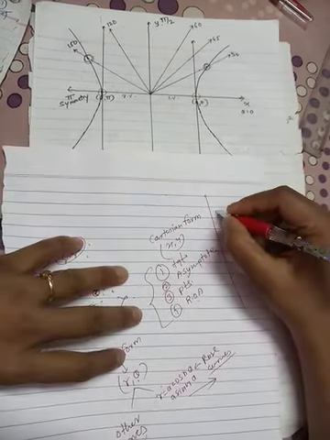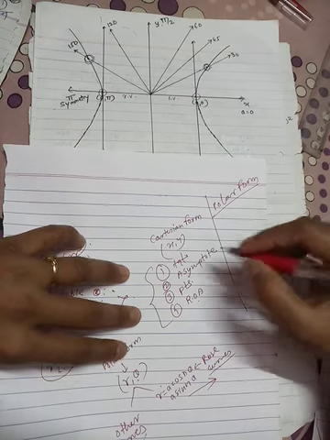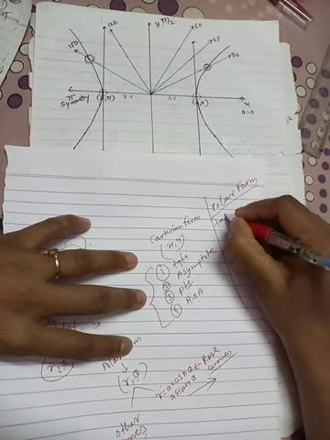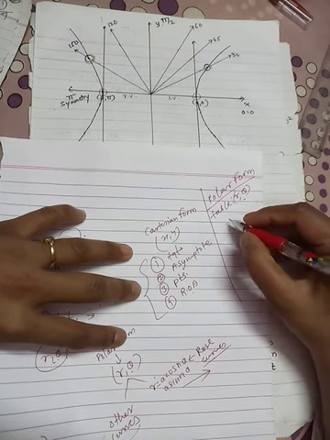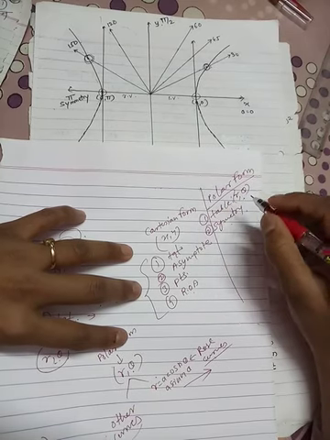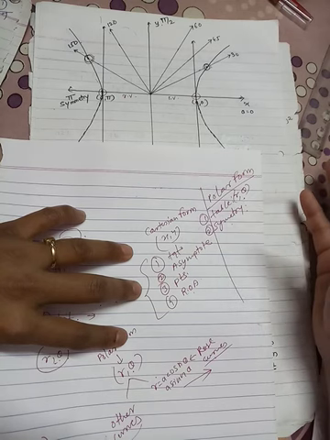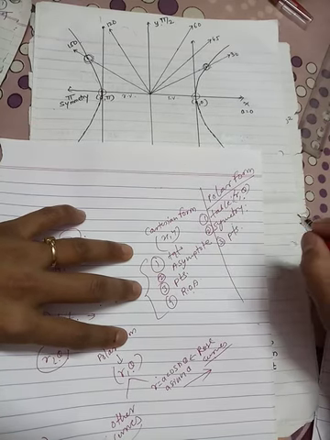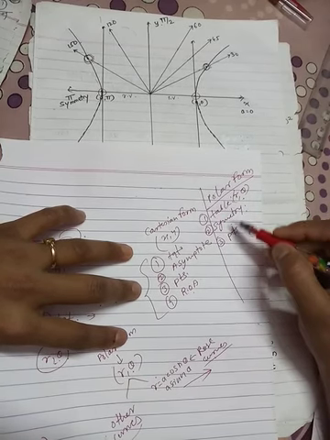Then in polar form, examples means without rose curves. So in these examples, which points are important? First is your table, that is plotting the points. R theta table is main. Then symmetry is important. So first is your table, tabular values of R theta, then symmetry about initial line or about perpendicular line or about pole, then points. So here in polar form these are the main points.